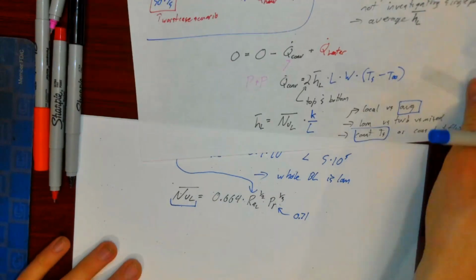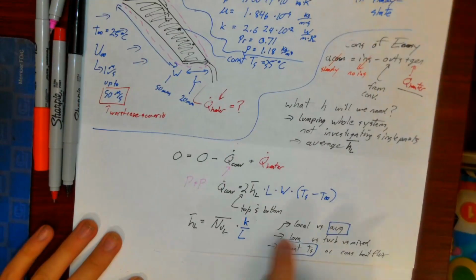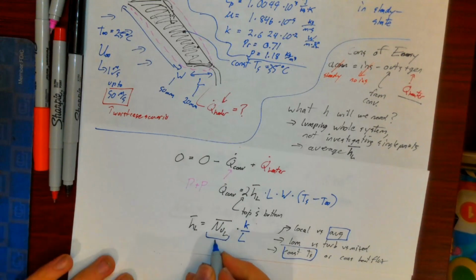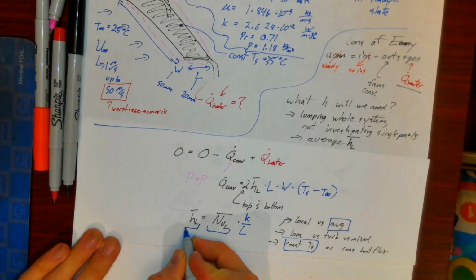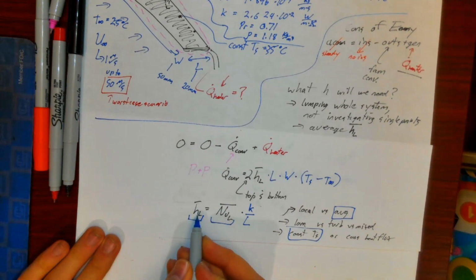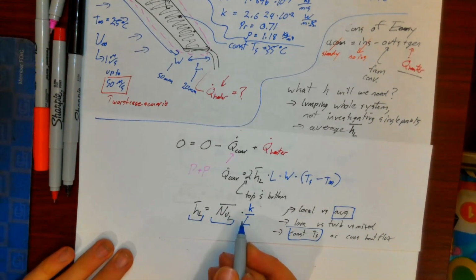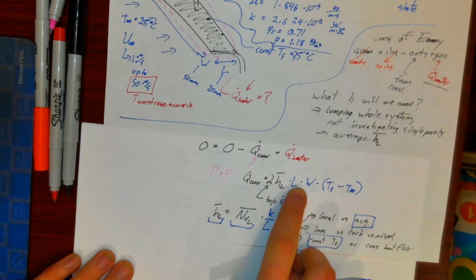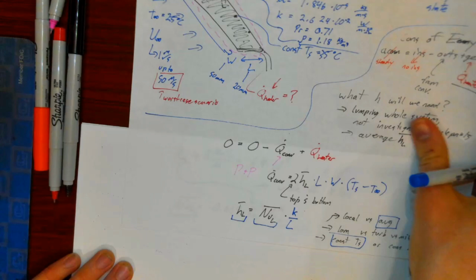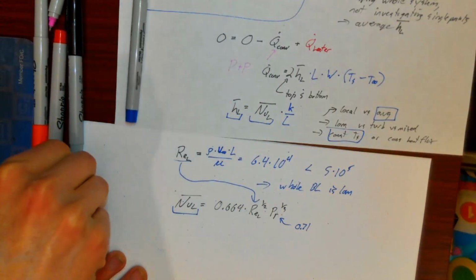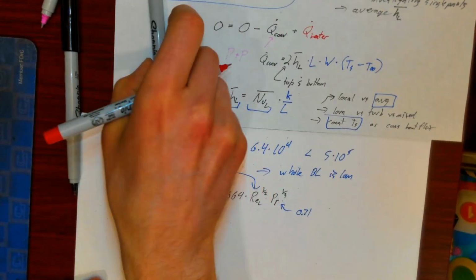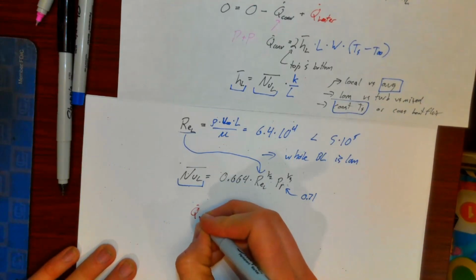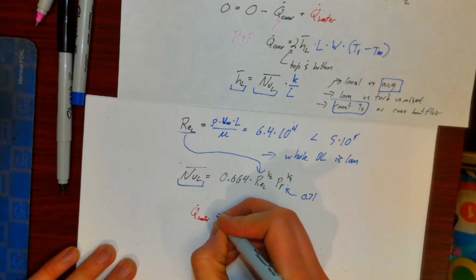Then we plug it in right here, which means we can treat h bar sub L as a known constant once we plug in k and L. I'll save you the time of actually plugging in those numbers. You can look at the notes I've posted online if you want to do so. But basically the power of our heater ends up being